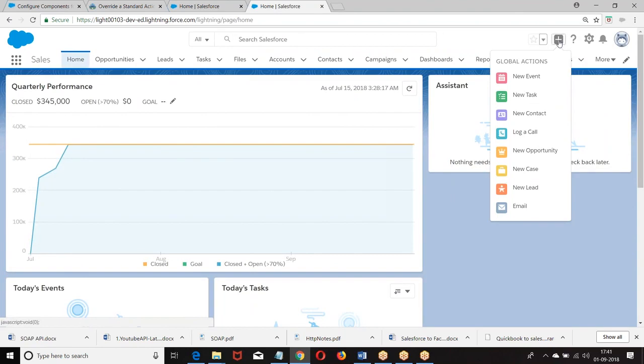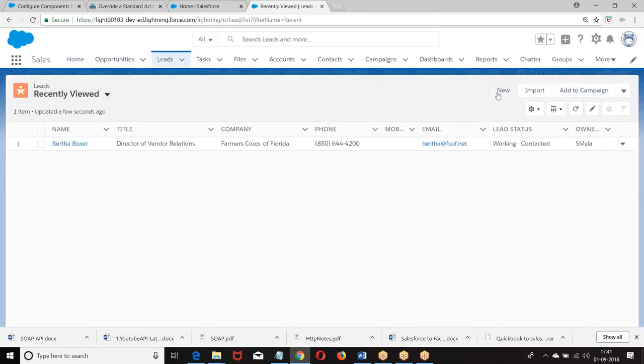When I click on the plus sign, new event, task, contact, all these are what? Global actions. So if I create a global action, it should be added here, not here. These are the object specific actions.